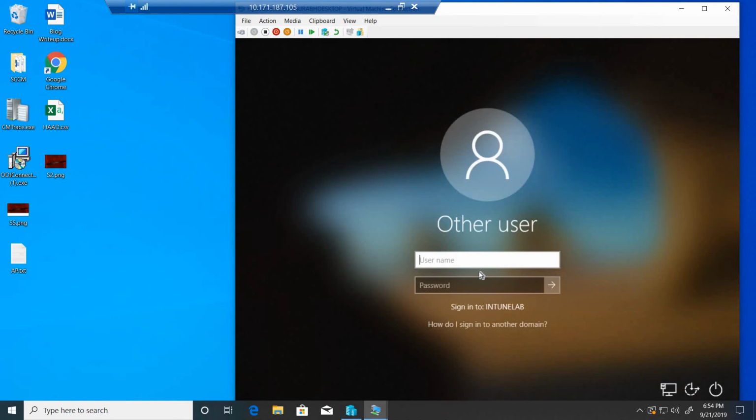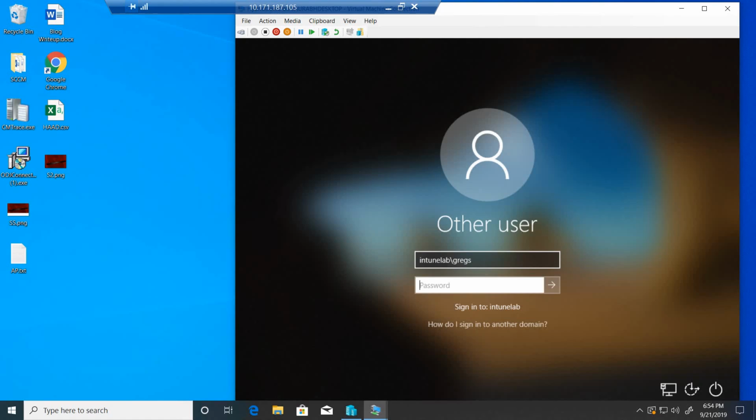So now, there you go. It says sign into intunelab.com. It is the on-prem domain. So let me try to log in using Intune Lab slash Greg S. This is the on-prem Greg S account and not the local account. And the password for that,